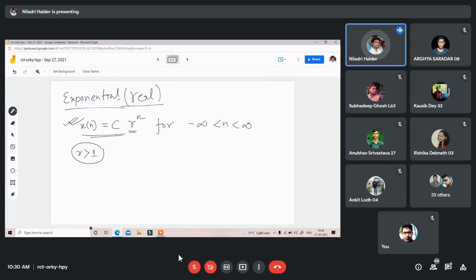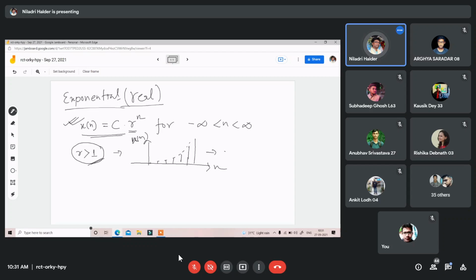Any value of r that is greater than 1, then simply you will get a curve like that, and this is x[n]. For a value of r greater than 1,